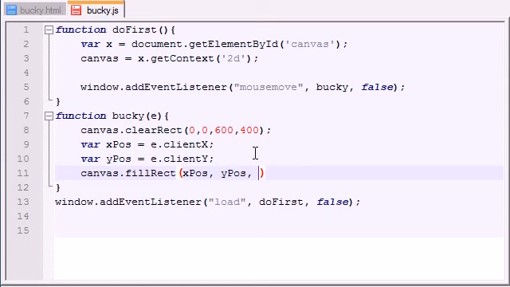So now that we have the coordinates of where the mouse is and we're telling the canvas to draw a rectangle right there, we need to say, okay, but how big do you want that rectangle? Well, let's just go ahead and make it a simple square, 100 by 100. So let's go ahead and save this and see if I messed up at all. Now check it out. Nothing's happening right now because it waits until I move my mouse over this white part. Now once I do, check it out. A square now